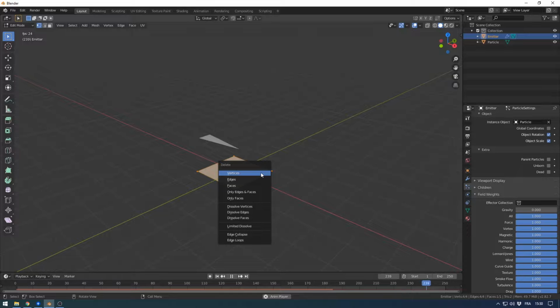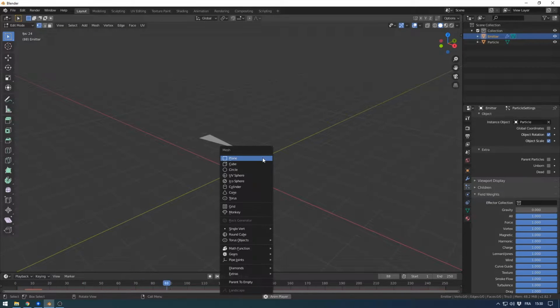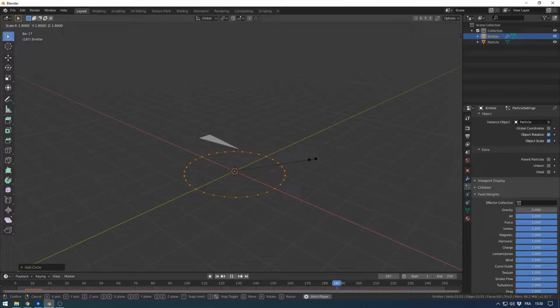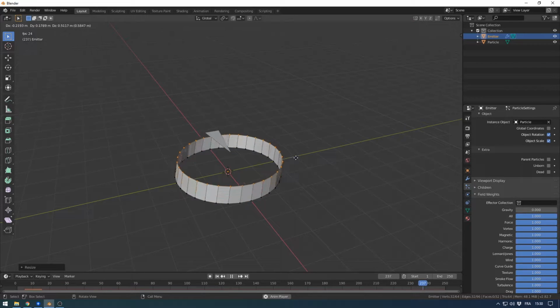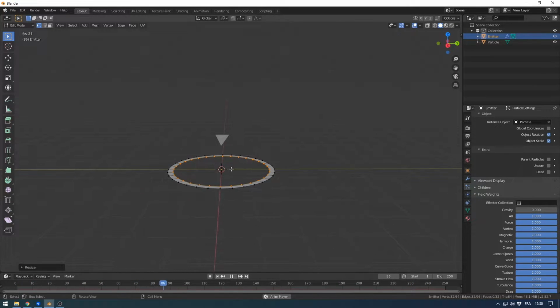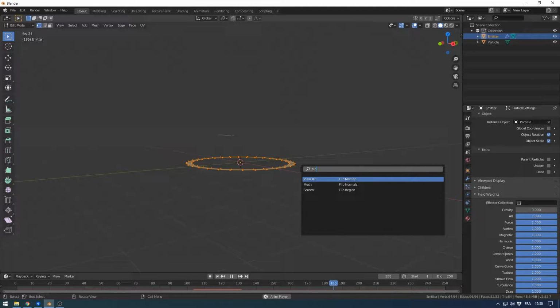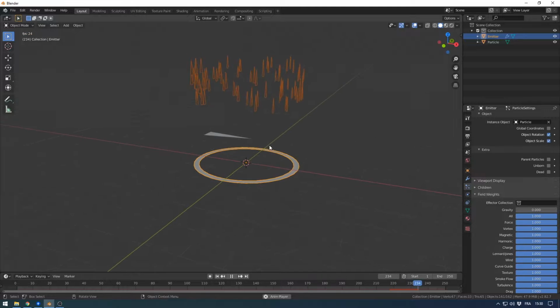Now I will go into edit mode in the emitter. I will delete this one and replace the plane by a circle. You can extrude the vertex and just scale the extruded vertex to create something like this. I will just flip the normal,